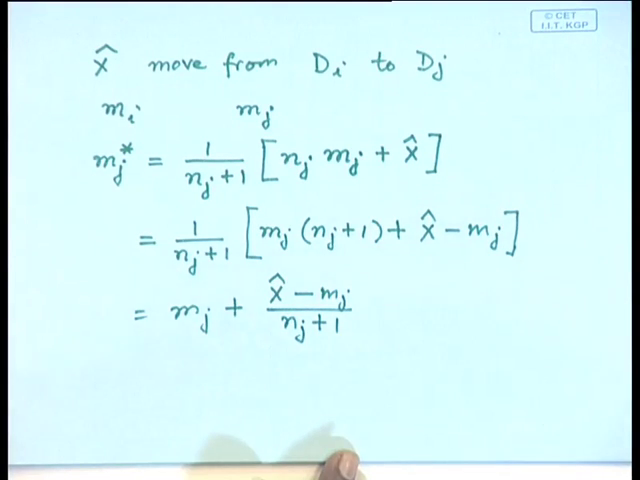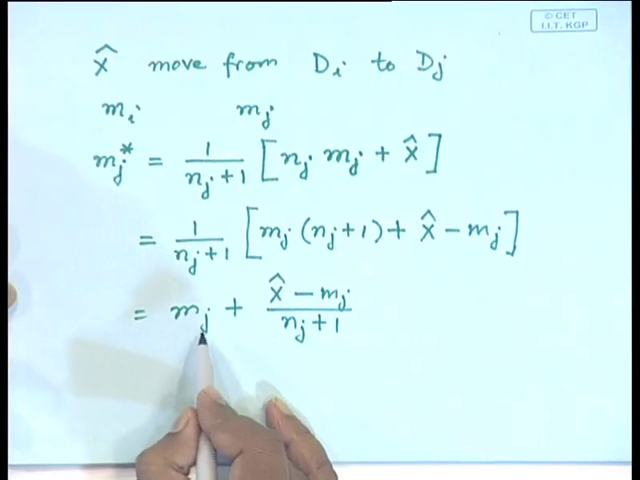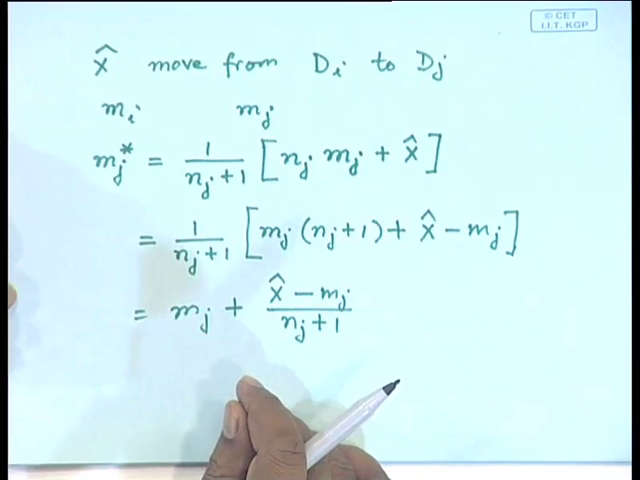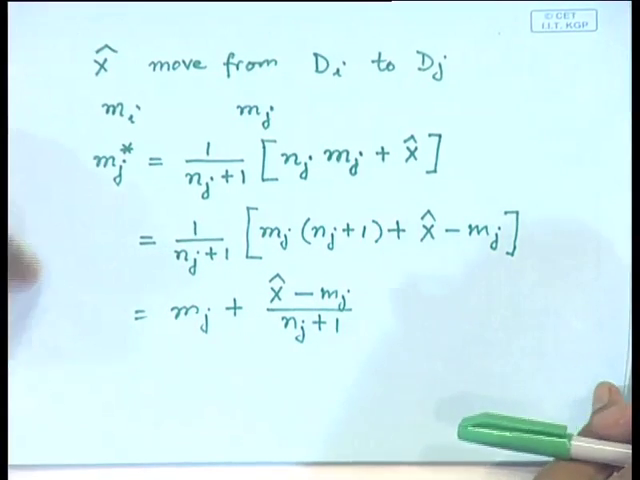Okay. So, as this new feature vector x hat has been pushed from the ith cluster to the jth cluster, the mean of the jth cluster, which before x hat was pushed into it was m j, has changed to m j star, where you find that there is an increment in m j, which is given by x hat minus m j upon n j plus 1. Okay. So, in the same manner, I can also compute the total error,